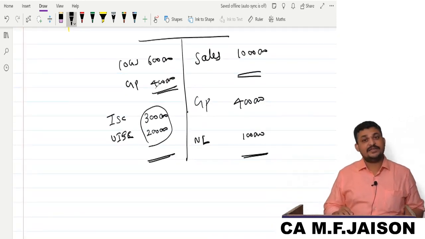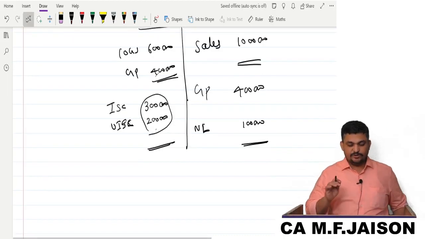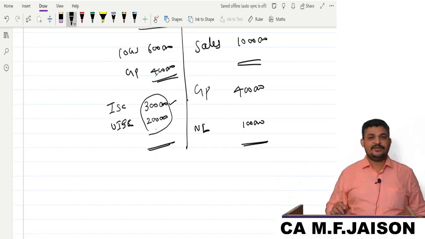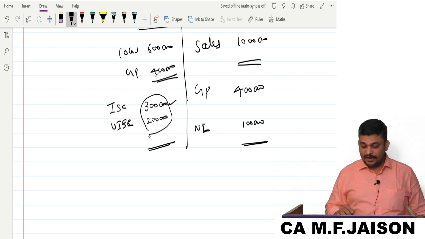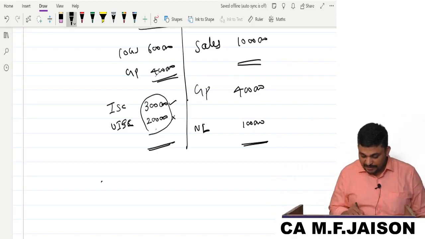You are incurring an expenditure of 5 lakhs. You are having a loss of 1 lakh. Correct? Now what did I tell you? You are expecting at least this expenditure to be compensated. Anyway, you don't have profit, but you want expenditure to be compensated. You can't expect total standing charges. You expect only insured standing charges because this is not covered by the policy. So thereby you expect only how much?